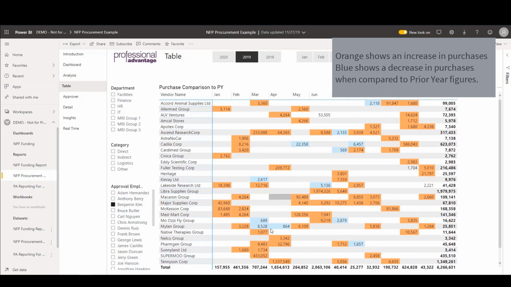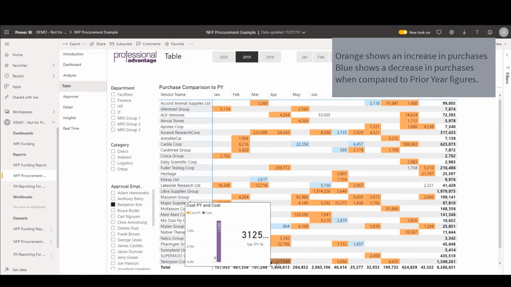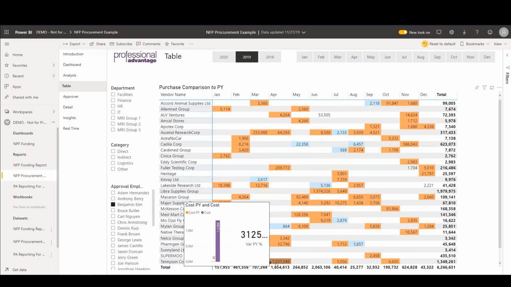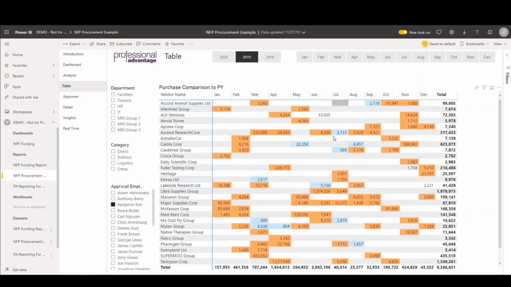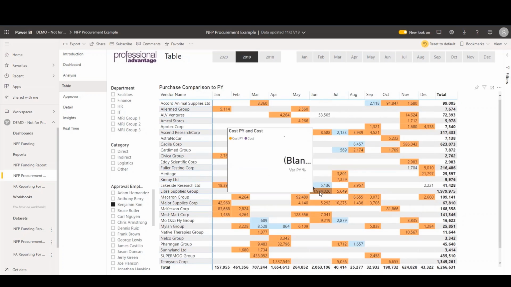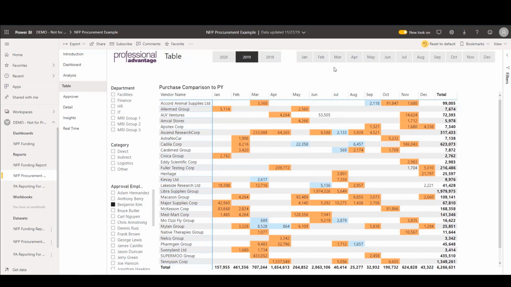And you can see when we look at April, there's a huge purchase there for 1.3 million. And when I roll over it, you can see that I've actually got another visual that pops up as a tooltip that can show me what the prior year and the current year cost is. So there's a 3,000% increase there. And similarly, if we go back to our June, we can roll over that and we can see that there's a 100% increase because there was no prior year cost. Essentially this heat map is saying where there's an increase, it's orange, where there's a decrease, it's